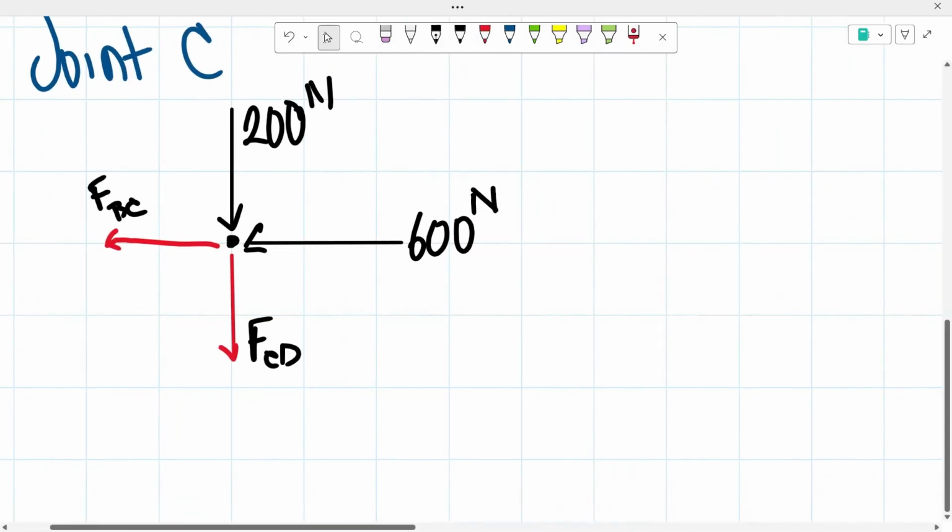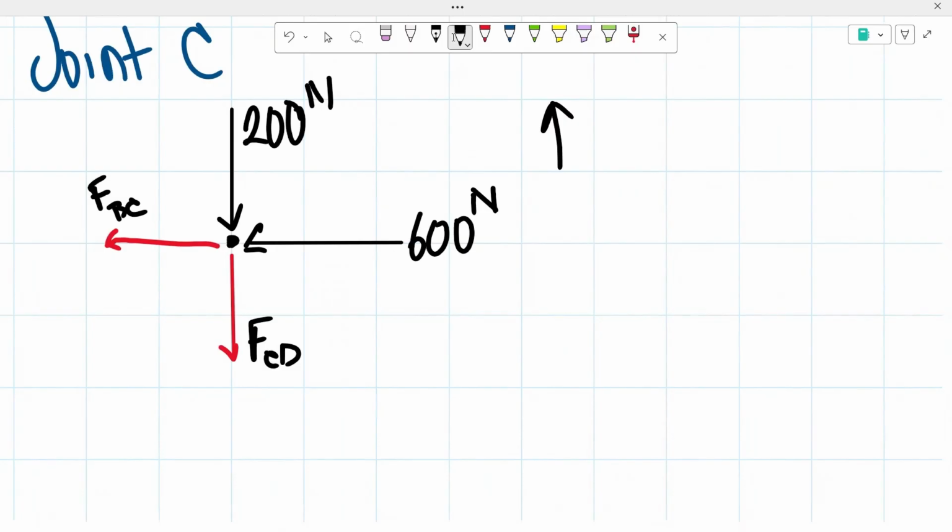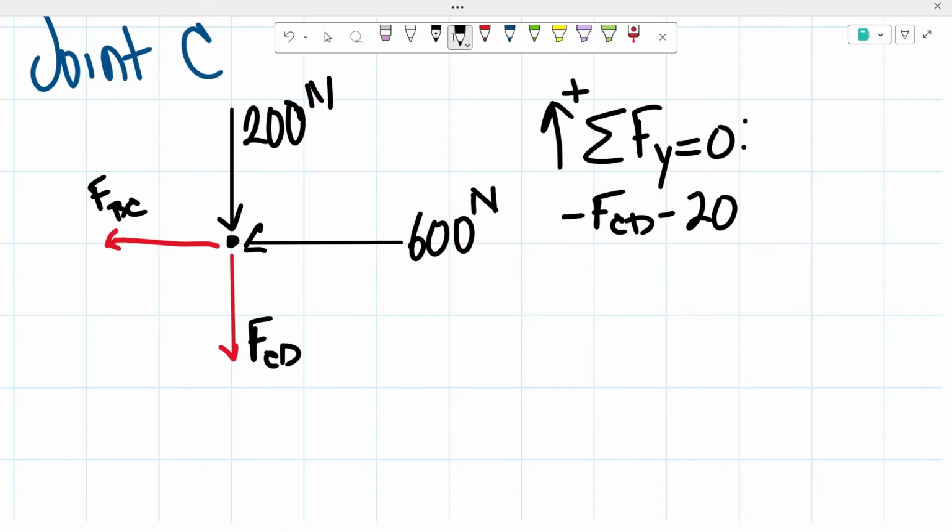Now to determine the forces of each of those members, the only thing we have to do is take the sum of the forces in the X and Y directions. I'm going to start off with the sum of our forces in the Y direction having to equal 0. I assumed tension for force CD, so negative force CD minus the 200 newtons has to equal 0. We end up getting that force CD is equal to negative